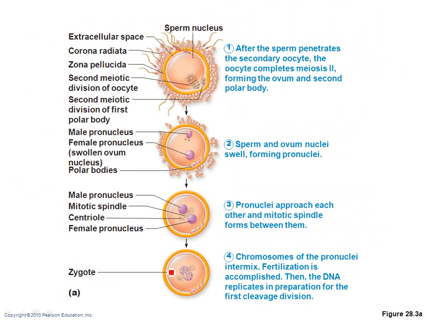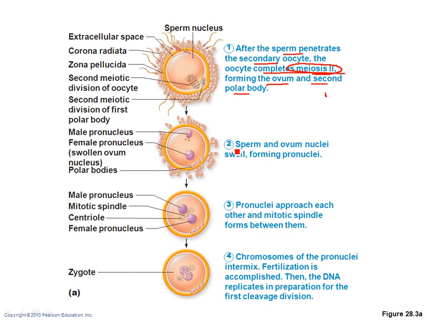Okay, so what else happens? All right, so now we've got the sperm penetration of the secondary oocyte. Now, if you remember, the secondary oocyte has just been kind of hanging out. It's already gone through meiosis 1, and now it's going to complete meiosis 2. So it goes through meiosis 2 and forms the ovum, and you get those polar bodies, which hopefully you remember from studying mitosis and meiosis. You remember meiosis 1 occurs to split the chromosomes so that you have half the number of chromosomes in the ovum.